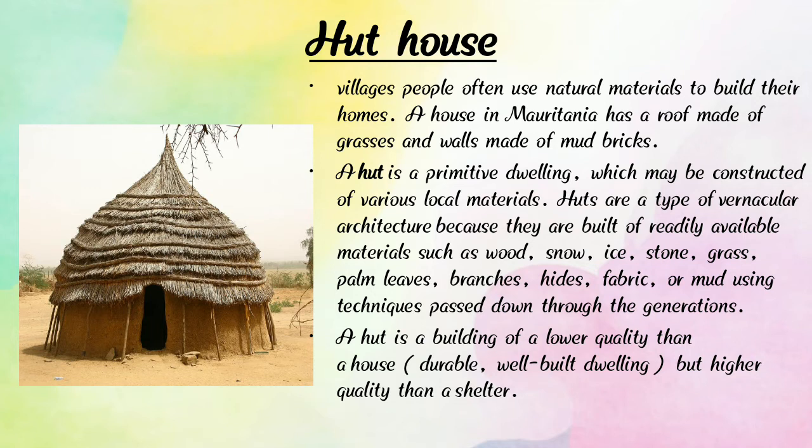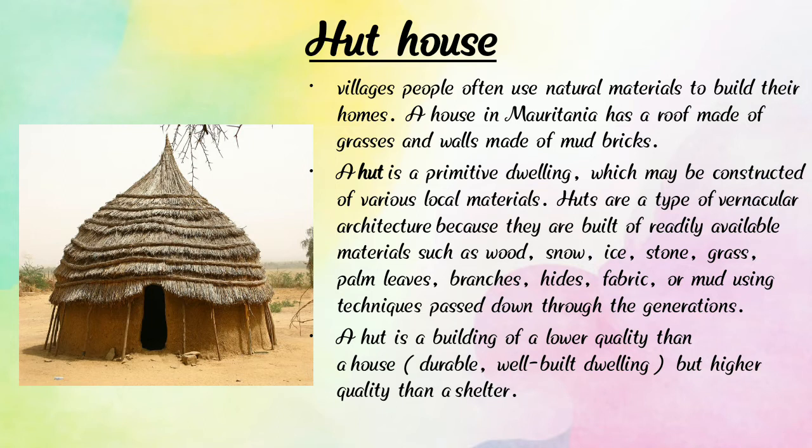So these types of houses are called kacha houses or hut houses, and we can see these houses are made up of mud and straw and mostly found in villages. These types of houses we find in villages. It is made of bamboo and straw, and it is normally small in size with a single floor. So children, you all understand about these hut houses.